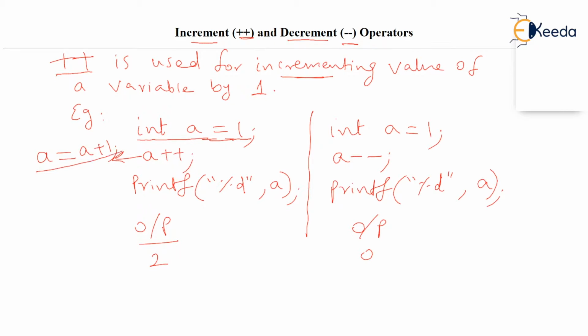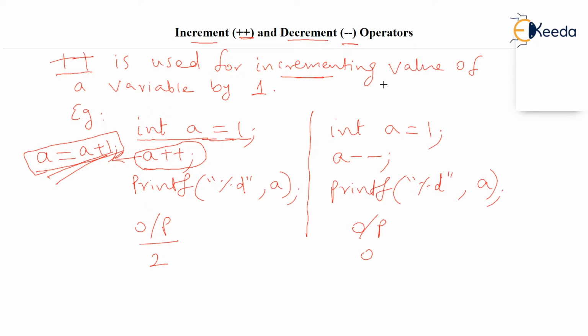So this is actually a shortcut provided by C for programmers, so that programmers do not have to write such a long sentence, but we can write the shortcut a plus plus. It depends on taste and on the choice of the programmer. Some programmers would still like to write a equal to a plus 1. No issues, one can opt for writing such a statement. But there is a nice shortcut given by C called a plus plus, which is the same as a equal to a plus 1.